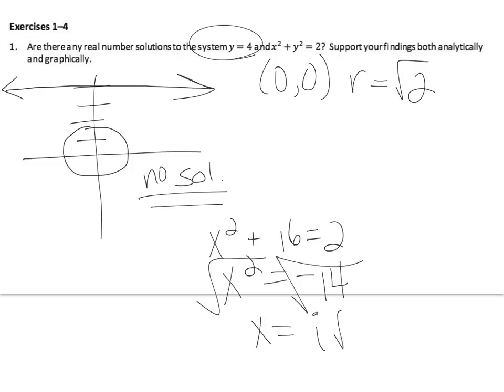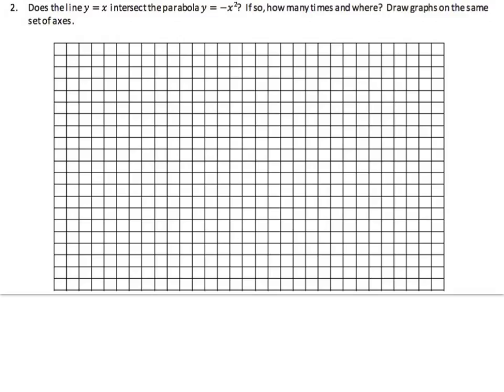Okay, I square roots of 14. So algebraically, I'd have no solution also. Can't find any real number solutions. This isn't real. Okay, square root of a negative number is not real. It's imaginary. Okay, does the line y equals x intersect the parabola